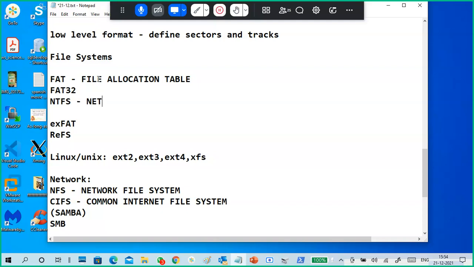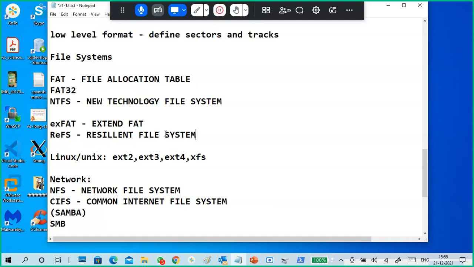NTFS, new technology file system. Okay, this is extended FAT. This is resilient file system.